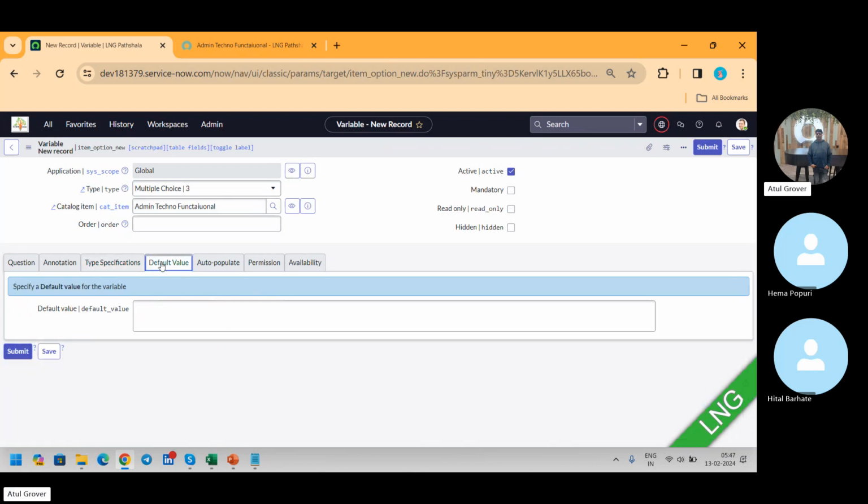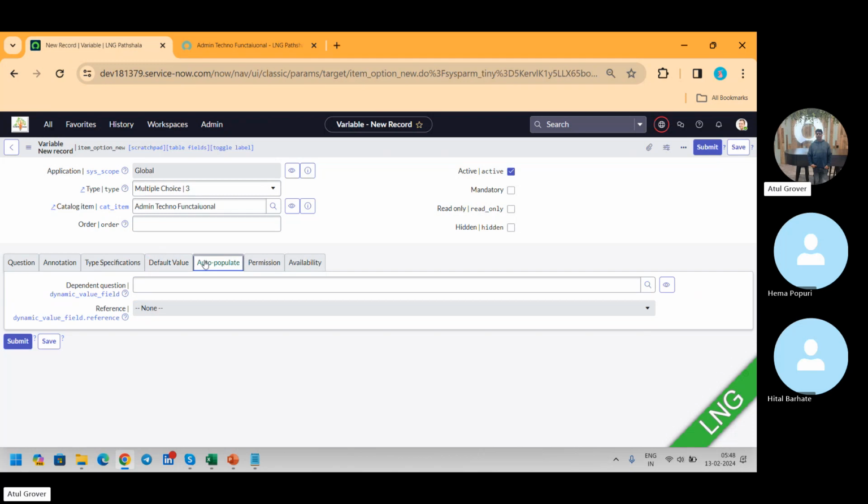Now the default value. If I log in into the portal, by default it should be selected male or female. I said no, it's not necessary. If you want, you can put like this. But sir, we have not created male anywhere yet, we have not created the choice, so let's remove this for now. Okay, auto populate, one of the good features